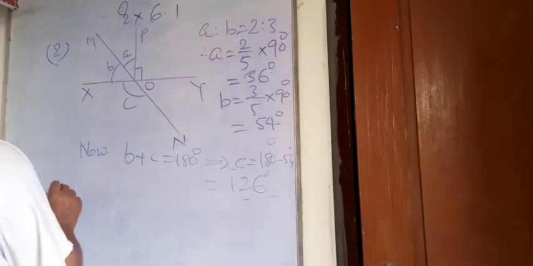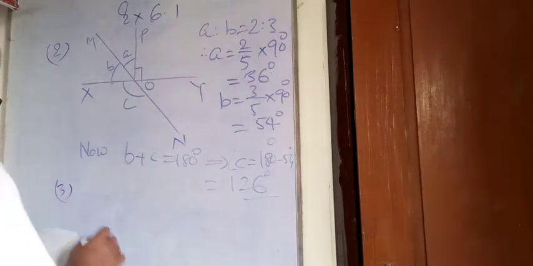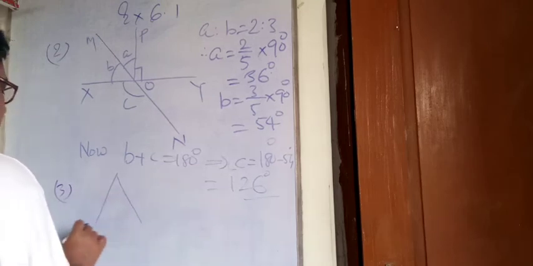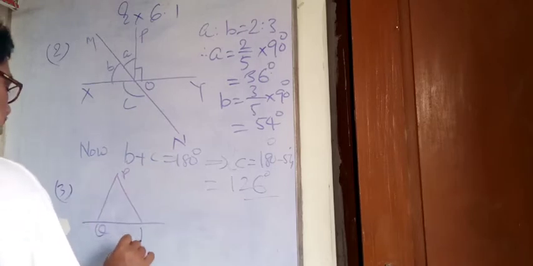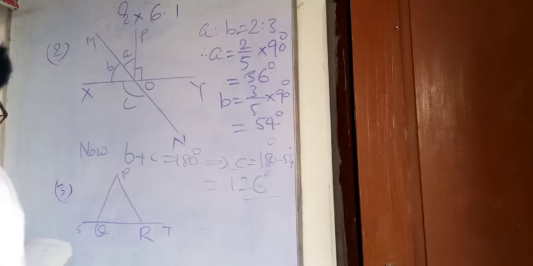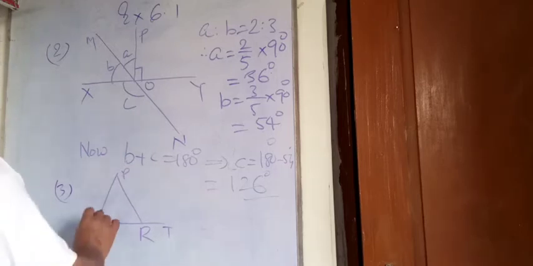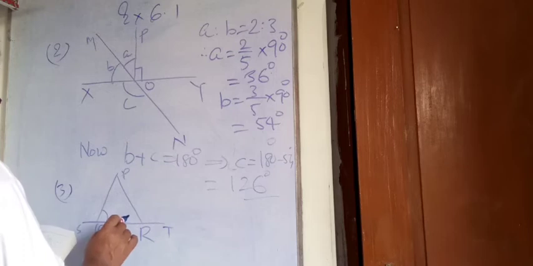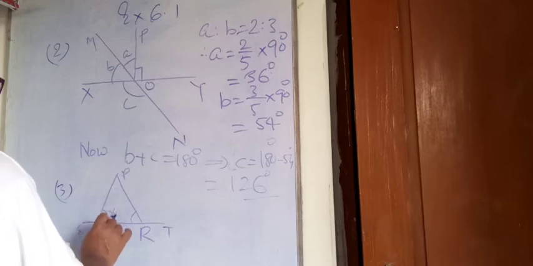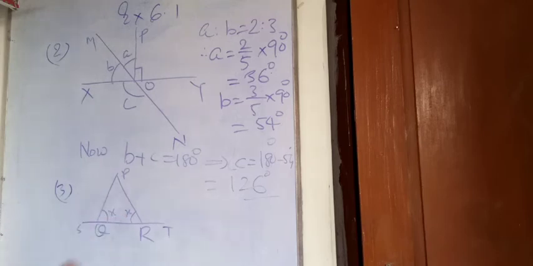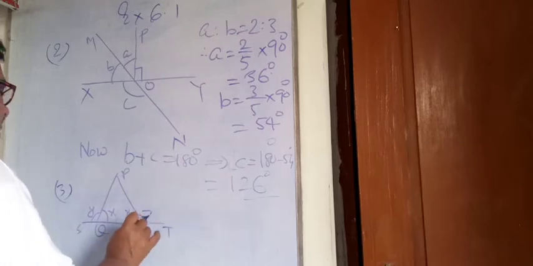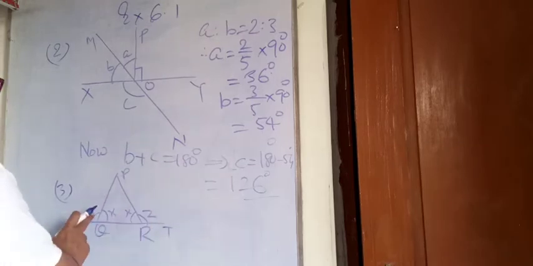Question number 3. So it should come here. So it is a very easy question. P, Q, R, P and S. See, PQR, this angle is given equal to PRQ, this angle. So both these angles are equal, therefore we can write x, x. To make it simple and easy, we will write it x, x, and here we can write y and z, different values, because these values may be different.